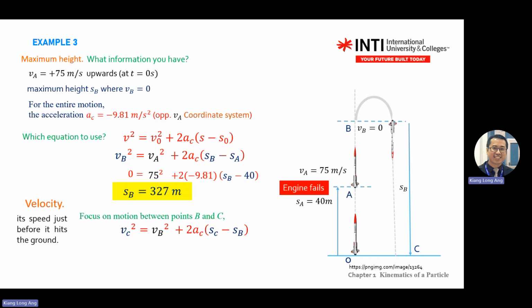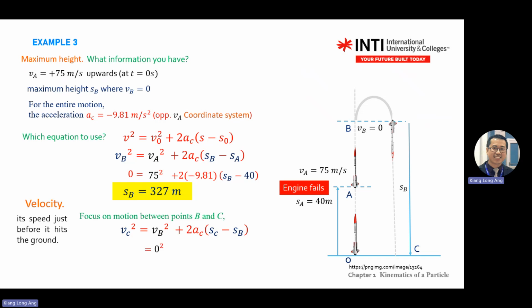Okay, so this example 3 is just to show you how to apply the Newton motion equation, these three big brothers here. The rest is substitution. VC, you need to find, because the question asks for the velocity before it hits the ground. This one is missing. VB, you already know, 0. AC was given, right? In this case, AC is,